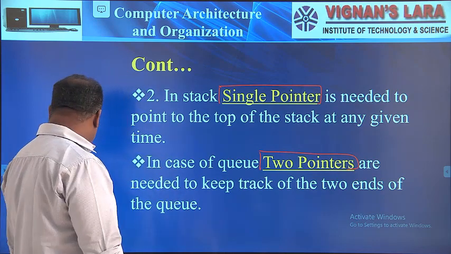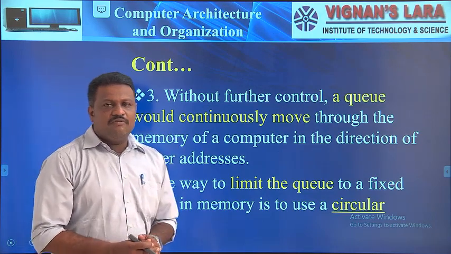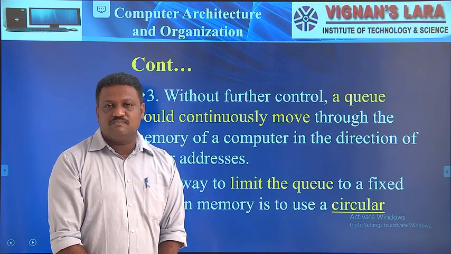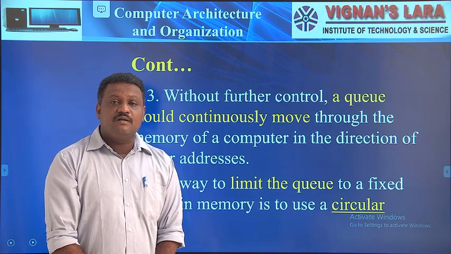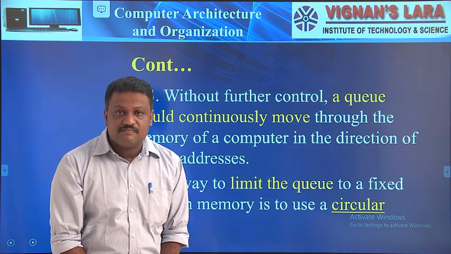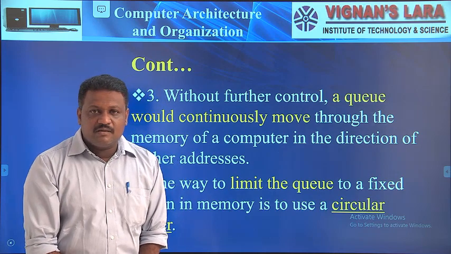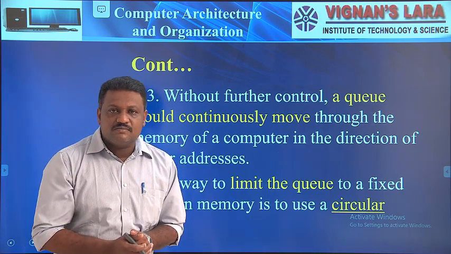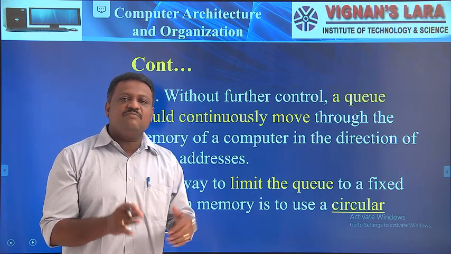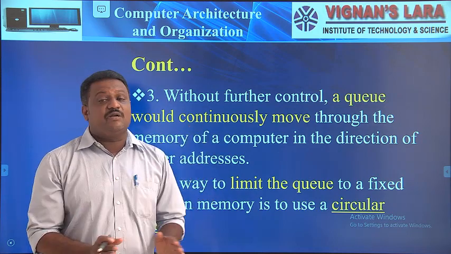Going to the third difference. The third difference is that we are not using any controlling authority or controlling mechanism in the queue. What happens is the data is added to the queue and it goes on increasing. It makes a problem for us. What I am saying is we are not using any control on the adding of queue elements. Then we are still adding data elements to the queue, and the size of the queue gradually increases. That makes a problem for us.